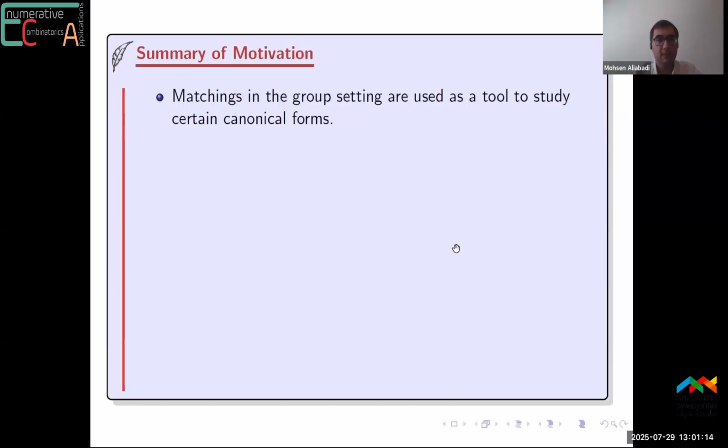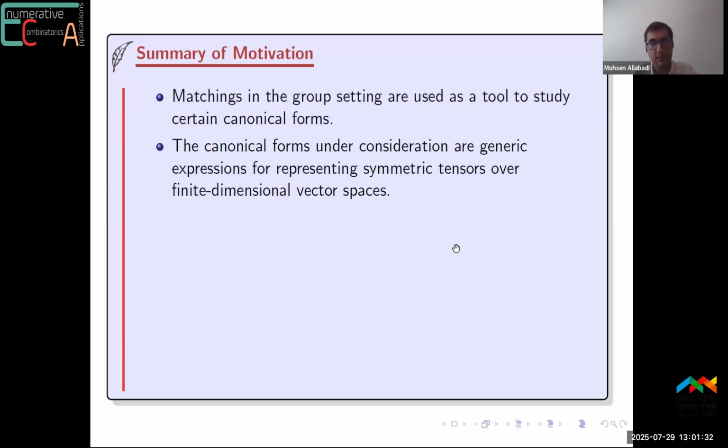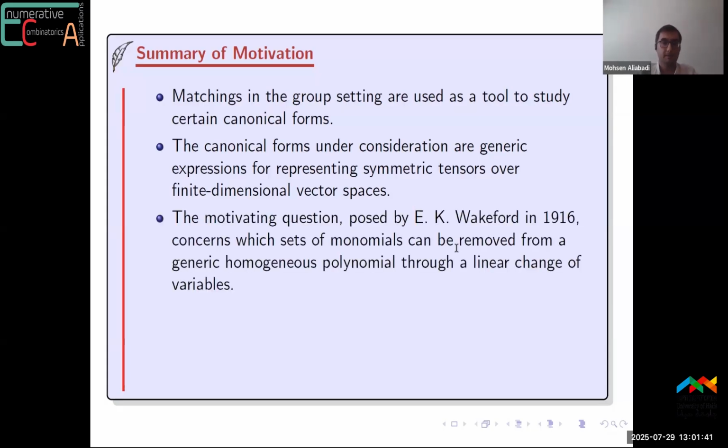Here, I'm going to address some of the motivation behind this line of research. In general, matchings in the group setting are used as a tool to study certain canonical forms, and we are going to specify what kind of canonical forms we are addressing. The canonical forms are generic expressions for representing symmetric tensors over finite dimensional vector spaces. And everything dates back to 1916